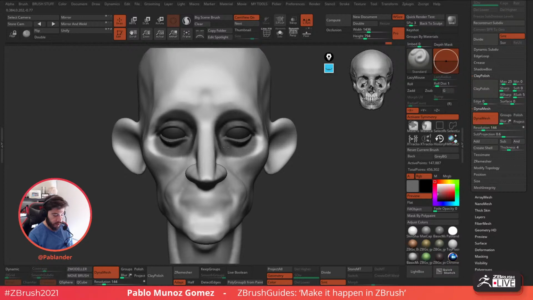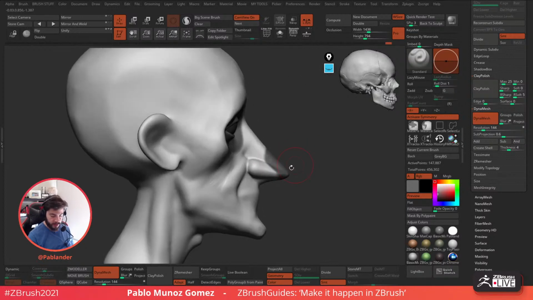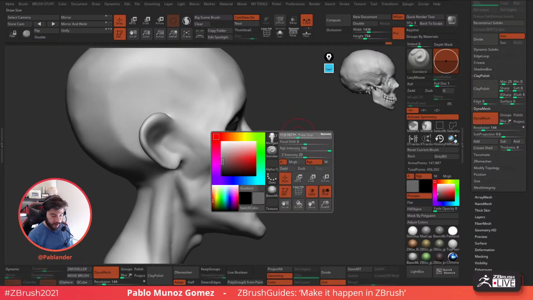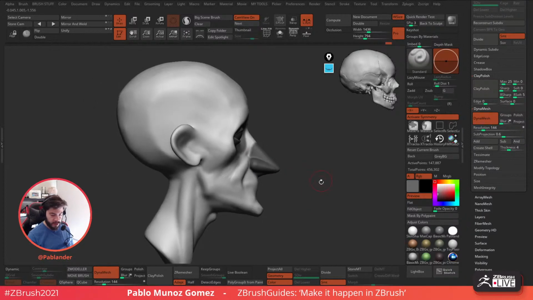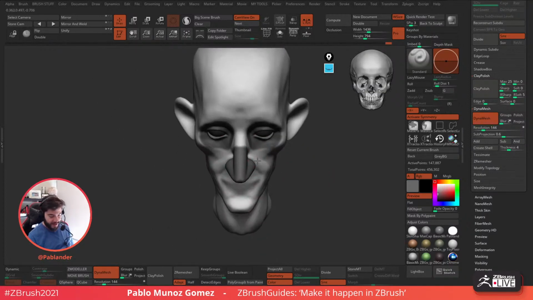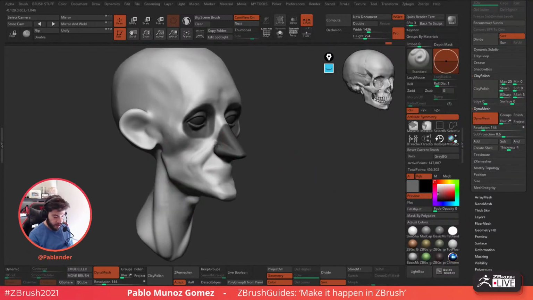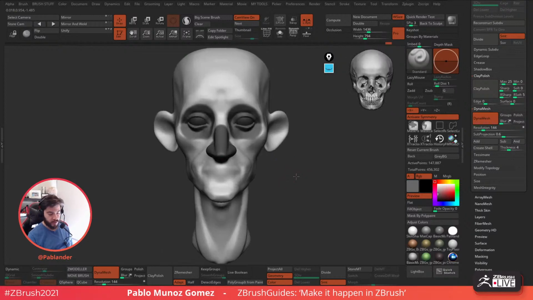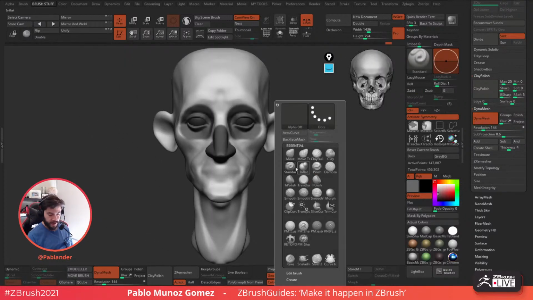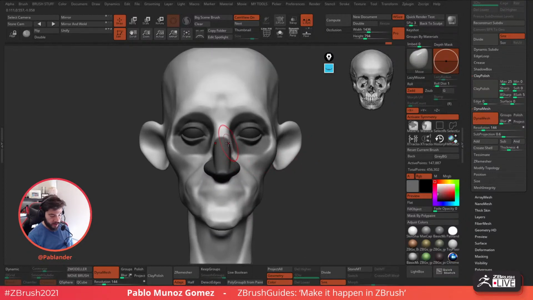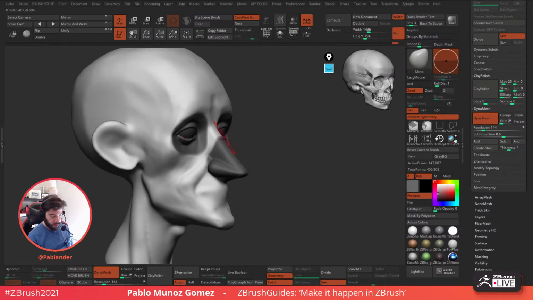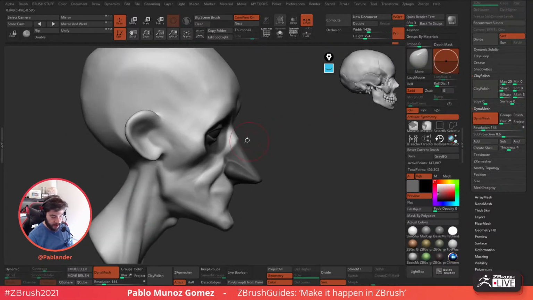By the way, this is another cool tip that I can give you. You can use what I would call a work in progress polypaint, and that gives you a reference if you're playing around with proportions, whether or not your proportions are right. I sometimes do this just for fun, where you basically paint the areas that you're trying to adjust, right? And that way, when you start using the move brush, you have a reference. Okay, maybe if this is the point where the nose bridge starts,